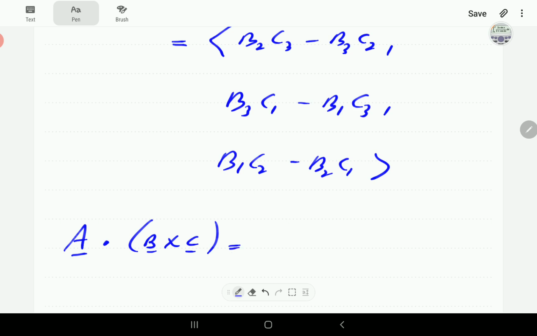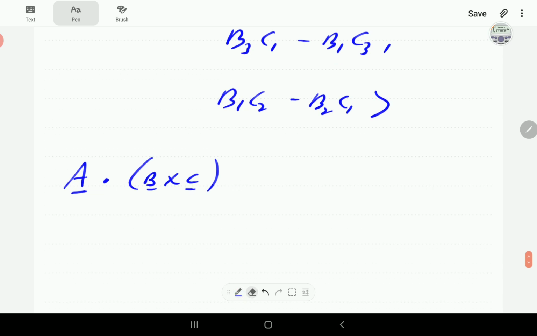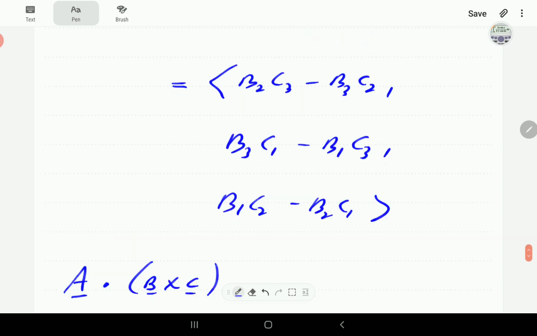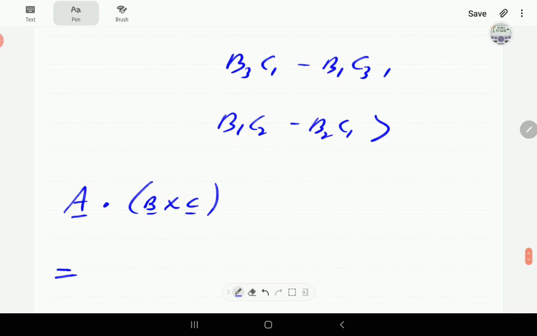So all that's going to happen is I'm going to multiply this by A1, multiply this by A2, multiply this by A3, and add up. Okay, so let's start with this one. So it's going to be A1 B2 C3